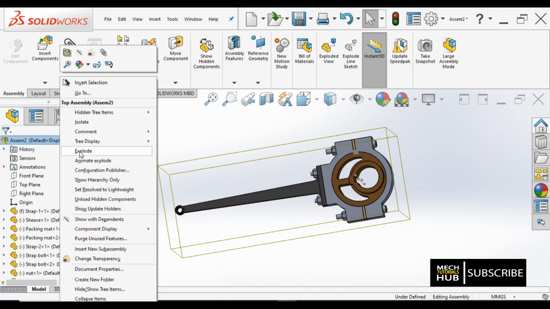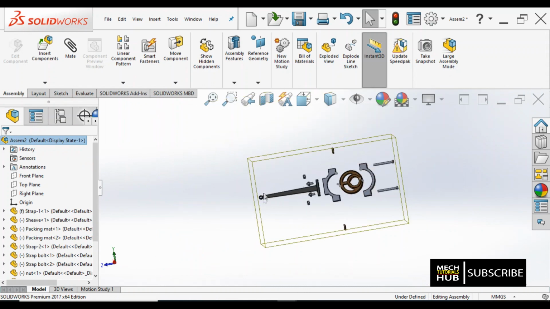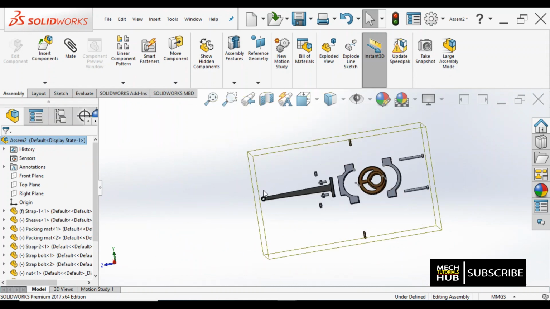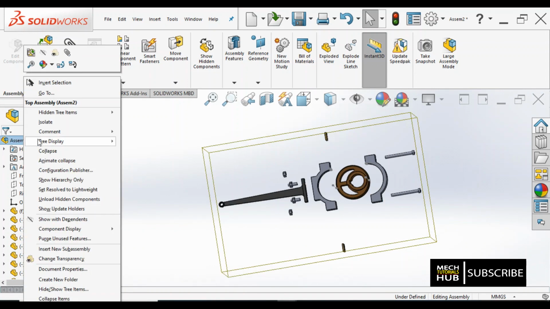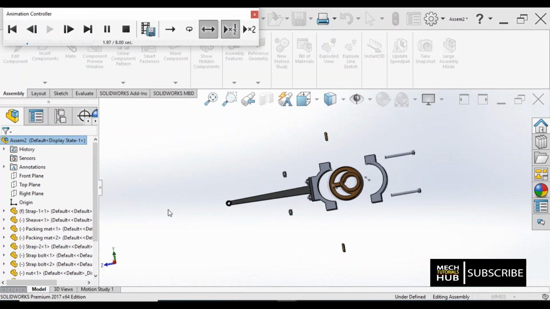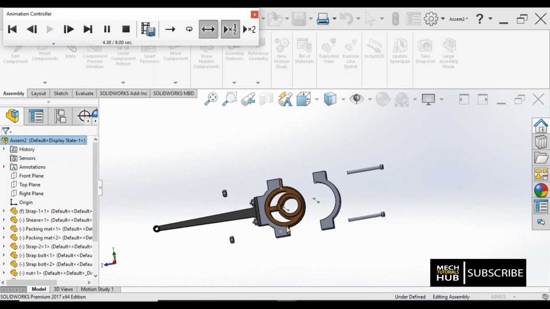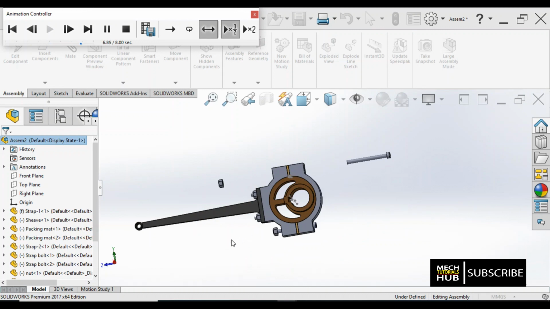Again I'm repeating, right click on assembly 2, I'm saying explode, it went. It is sitting in the random position which we have selected already. Now right click and ask for animate collapse. Once I say animate collapse, have a look at the components. All the parts are moving to their working position slowly, one by one.